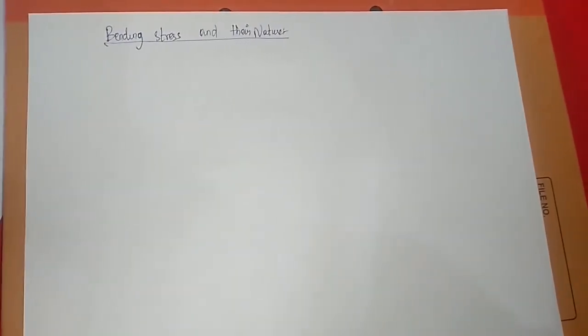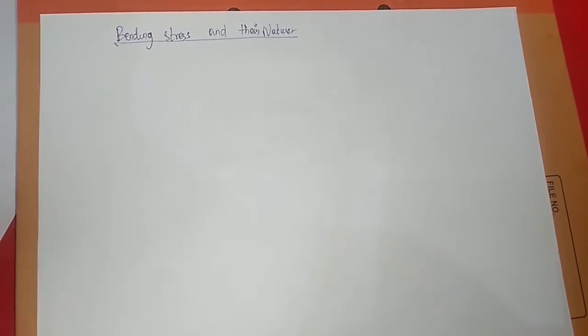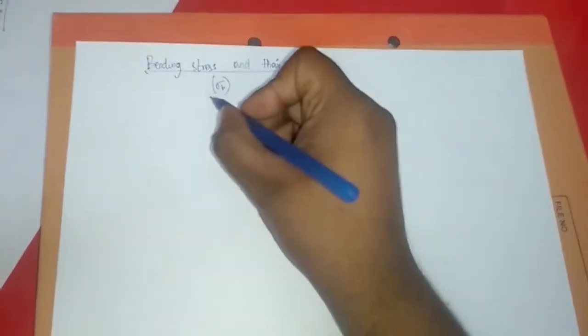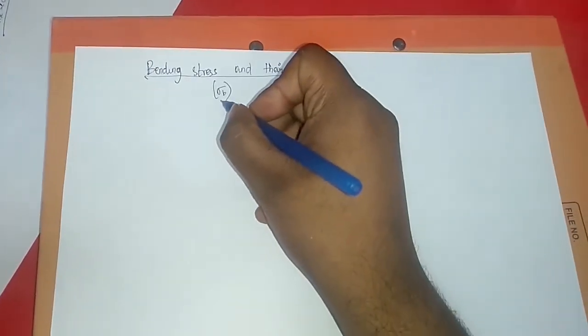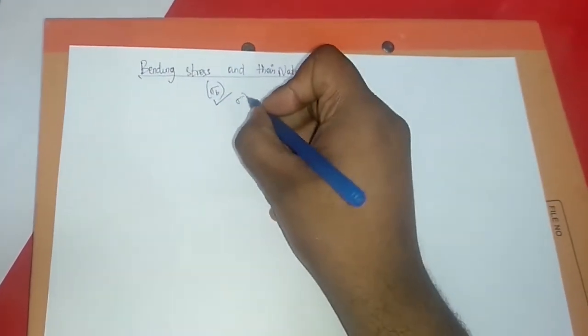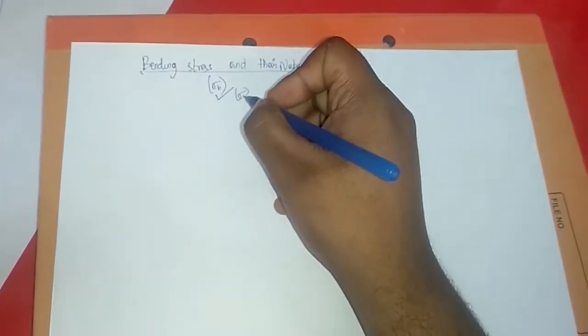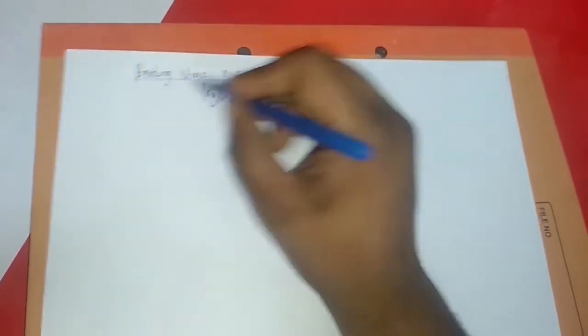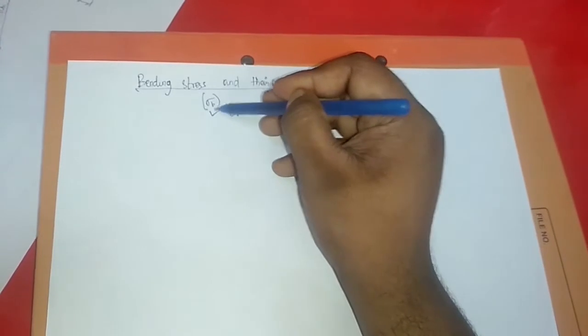We are going to see that bending stress is denoted as sigma b. Stress is denoted as sigma, as you already know. In unit 1 itself you have studied what stress is. Stress is denoted as sigma, and bending stress is denoted as sigma b. So we are going to see their nature.